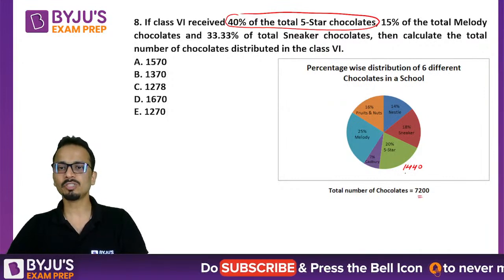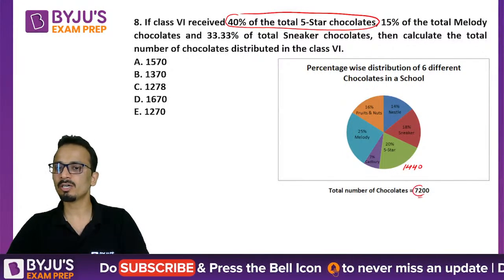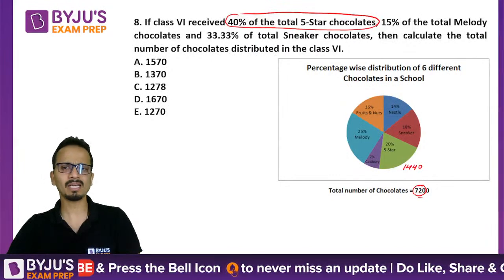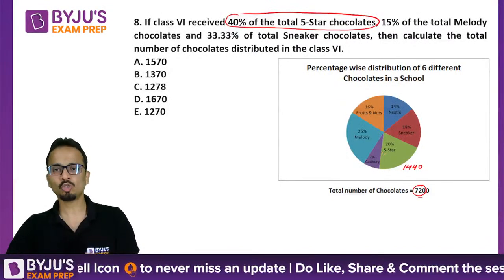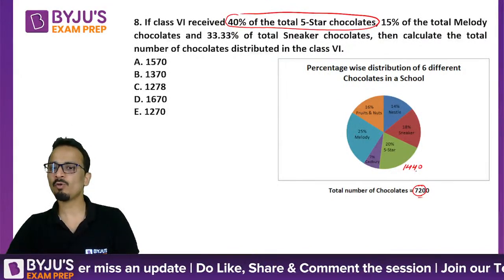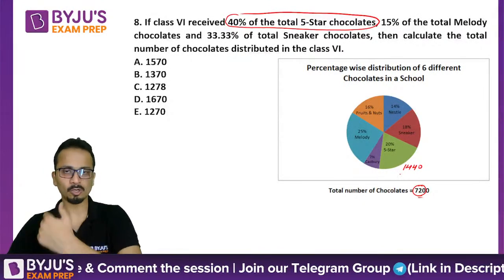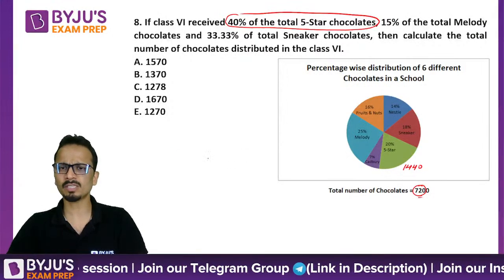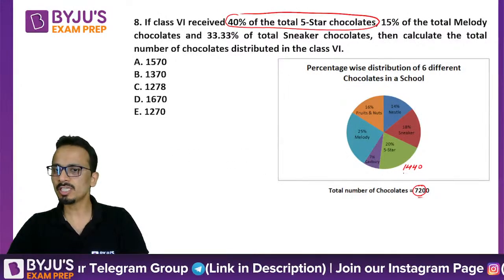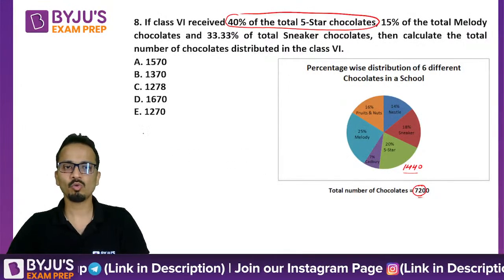Okay, 20% is 1440. 10% कितना होता है? 720. 720 का डबल कर देंगे तो 1440. So total number of 5-star is 1440. I need to take 40% of this. Okay, so 40% of this will be 10% कितना होगा इसका? 144. So 144